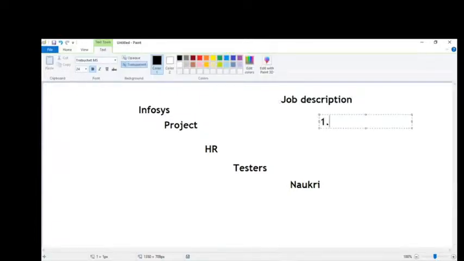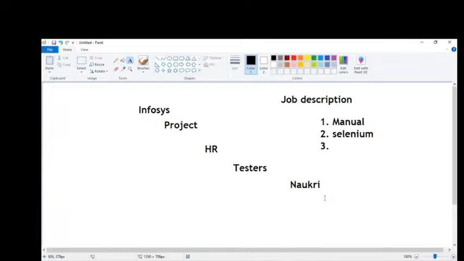They are asking that we require people having skills in manual testing and Selenium. They include some keywords. Whenever your resume has these keywords, it will be found in Naukri. Now the HR will call you based on the keywords, explaining that in our company there is an opportunity. Are you interested to join? Your profile is matching our job description. Then we can say yes. They will collect the details and schedule one interview. So based on this process only, you are going to be